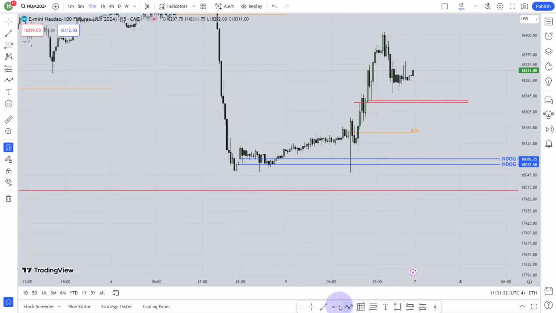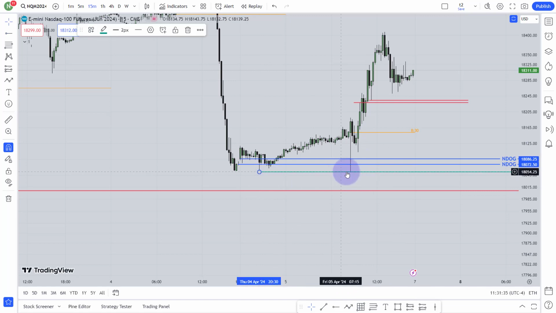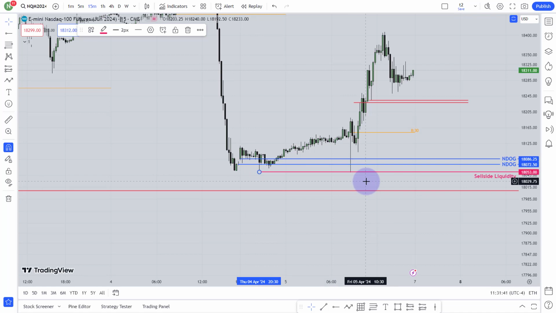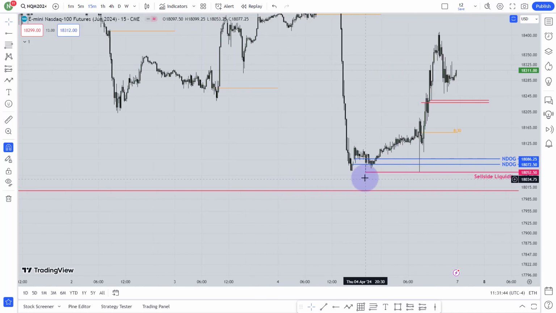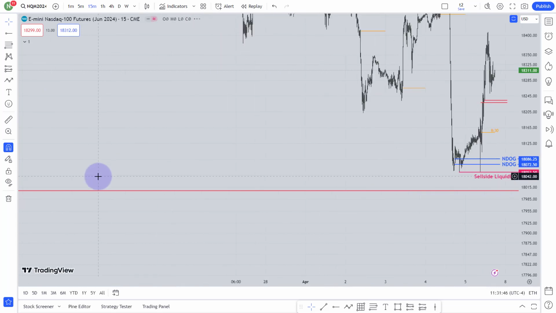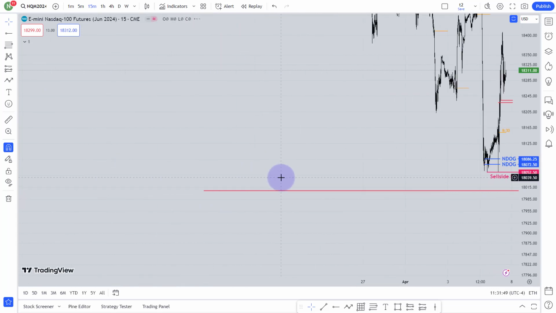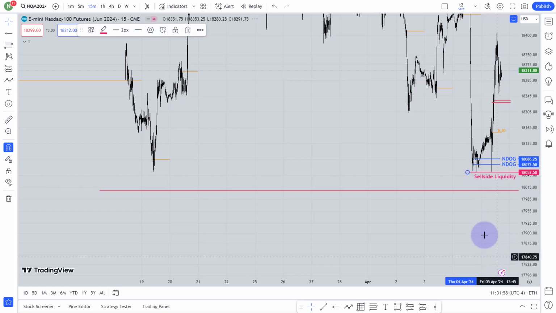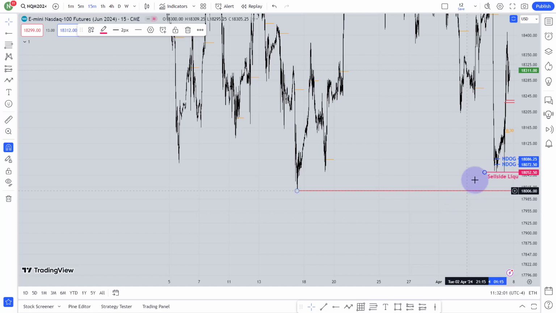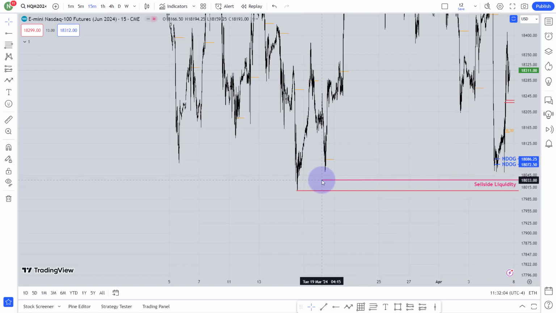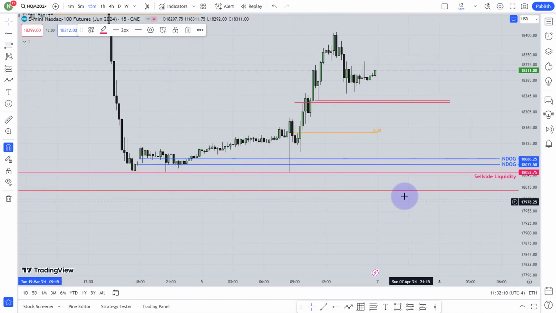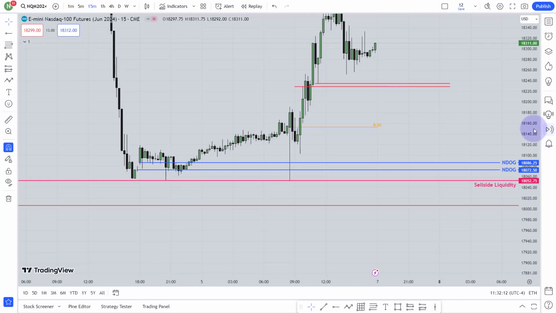So here if you just mark this low and that low, they are relatively equal lows, and also the shallow run, so that can be the target as well. So over here, I'm talking about this sell side liquidity. Also, if you just extend it to your left, you will get another low around that area. Just let it load a little bit, then here. So if you just mark that low as well, and let me mark it. Just here, you can see this is very clean sell side liquidity around that area. Obviously market can go toward that liquidity.